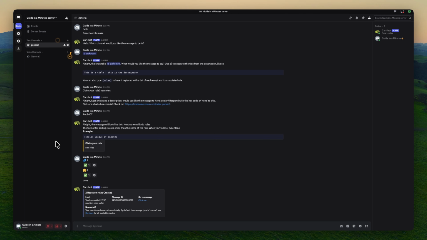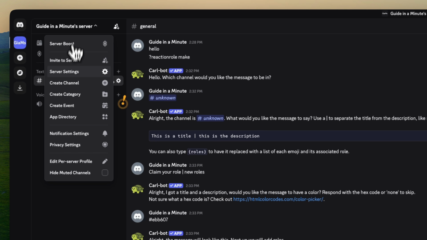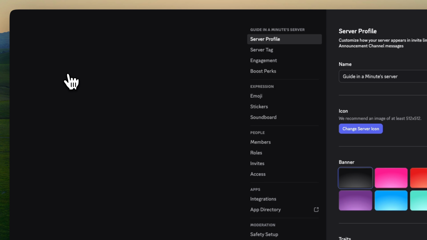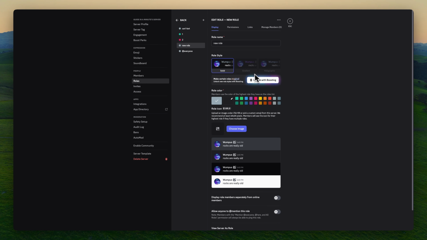In this video, I'm going to show you how to set up Ticket Toolbot in your Discord server. So the first step is to go to your server and then go to server settings. Now go to roles and then we just have to create a new role. So I'm going to name this support and then I'm going to choose a color and then click on save